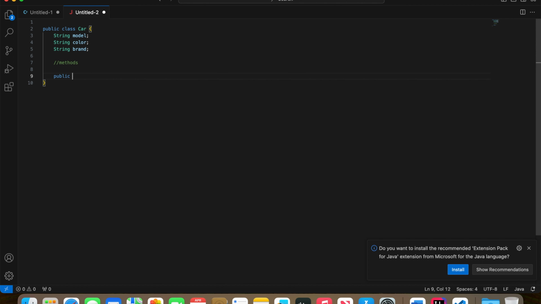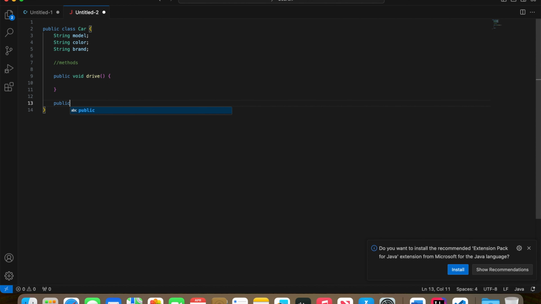Before the method name, we need to have the return type. For now we are not returning anything, so we'll use a method drive, and then it contains parameters. Right now we are not going through the parameters. Inside that we need to write the logic, but I'm not writing the logic.